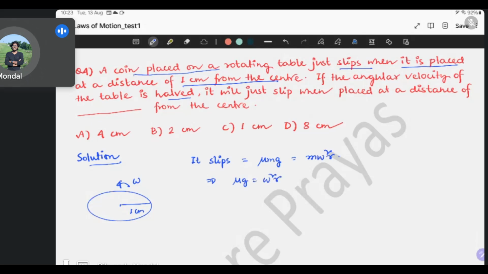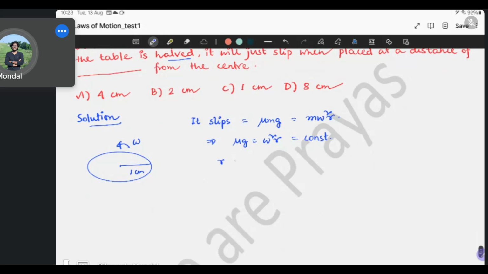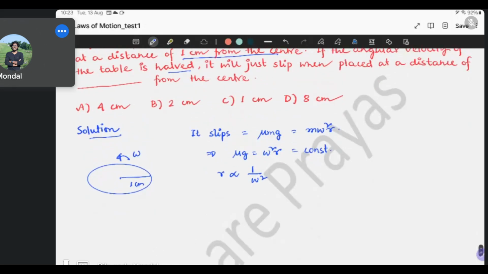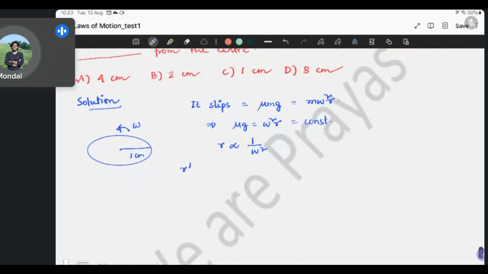So this is a simple problem. You can see from here that mu is fixed, so mu g is constant. That means r varies as 1 by omega square. So if angular speed increases, the distance from the center where the coin should be placed should decrease. So if the new placement becomes r prime and the angular velocity becomes omega prime,